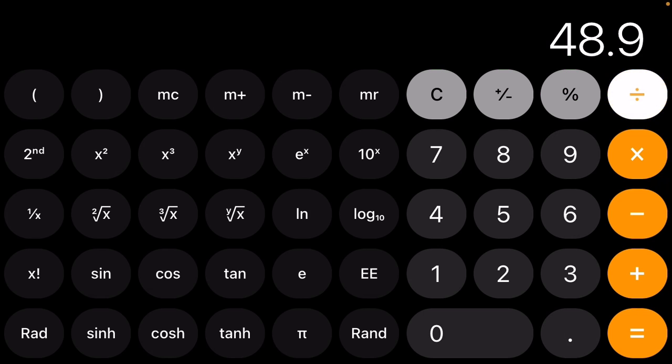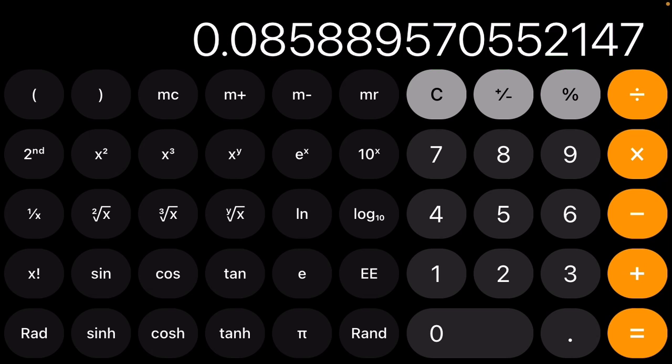So we take this ratio, 4.2 over 48.9, that's got to be a pretty small number. 0.085. Then the angle equals